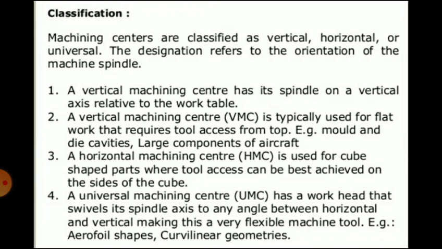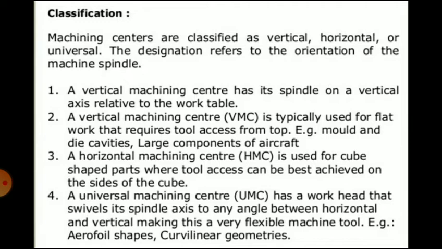A vertical machining center, that is VMC, is typically used for flat work that requires tool access from the top. For example, mold and die cavities and large components of aircraft can be machined with the help of a VMC, that is vertical machining center.